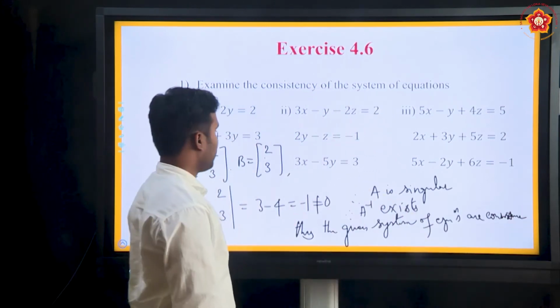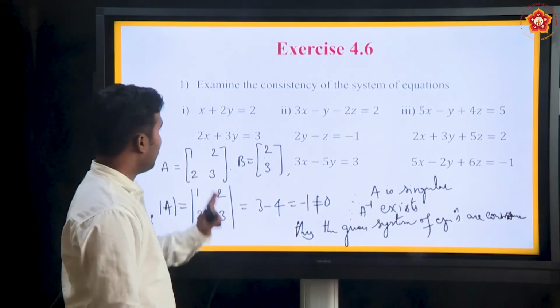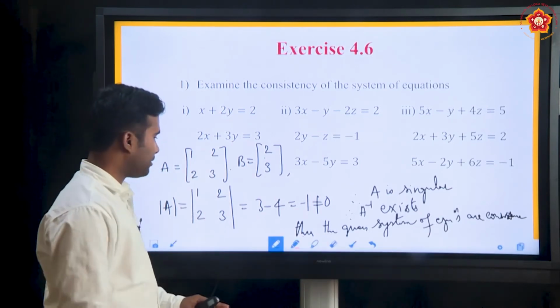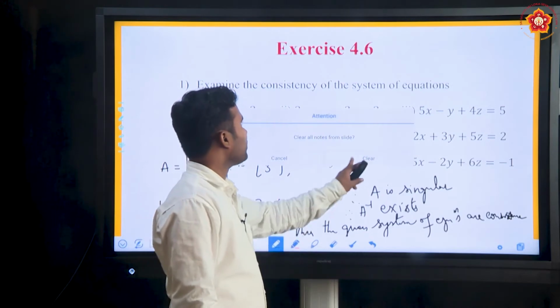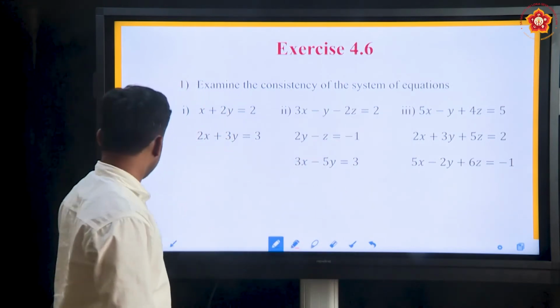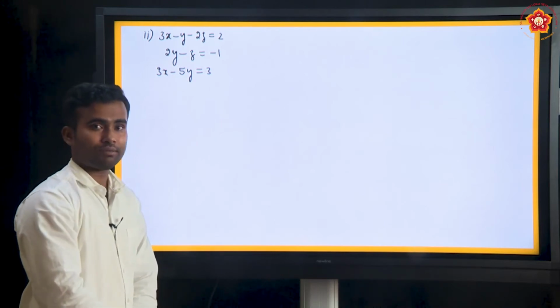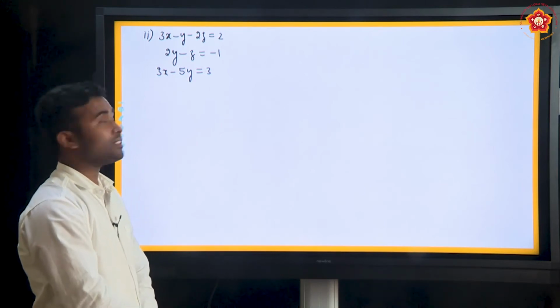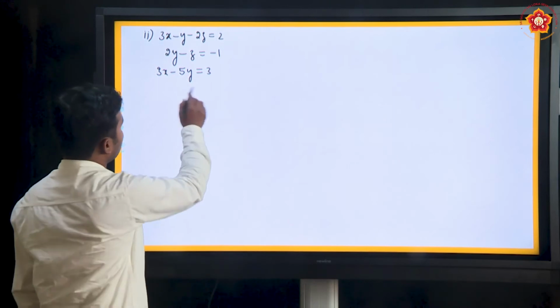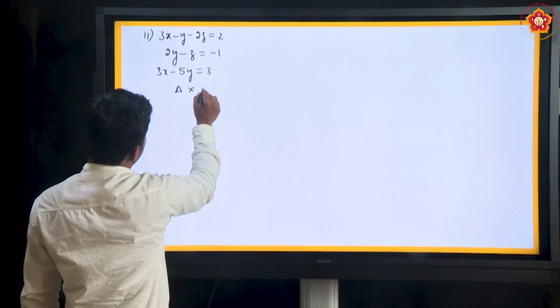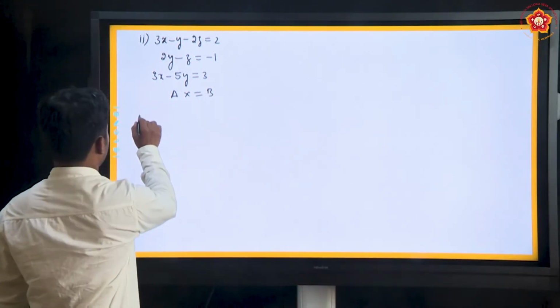Okay. That is how we can examine whether it is consistent or inconsistent. Similarly, we solve the second one. Yeah, we have another example. We have to examine whether it is consistent or inconsistent. Okay. So, now this can be written in the form of Ax is equal to B, where